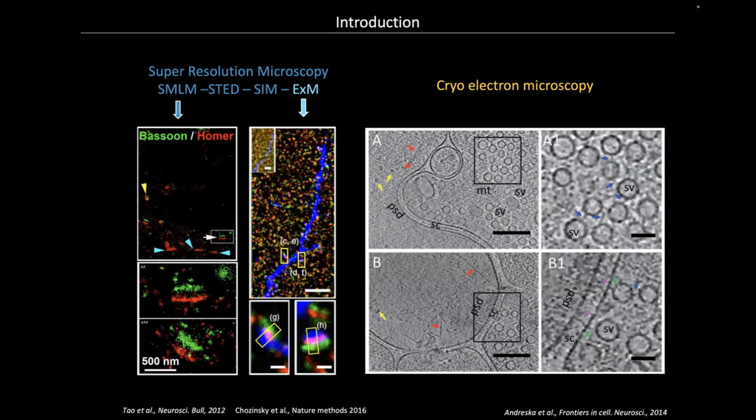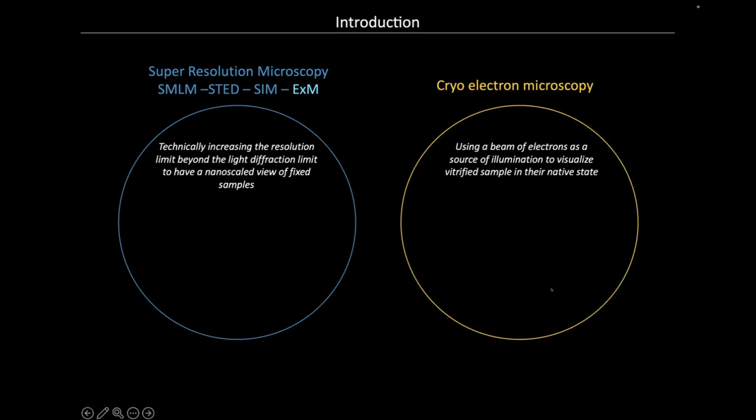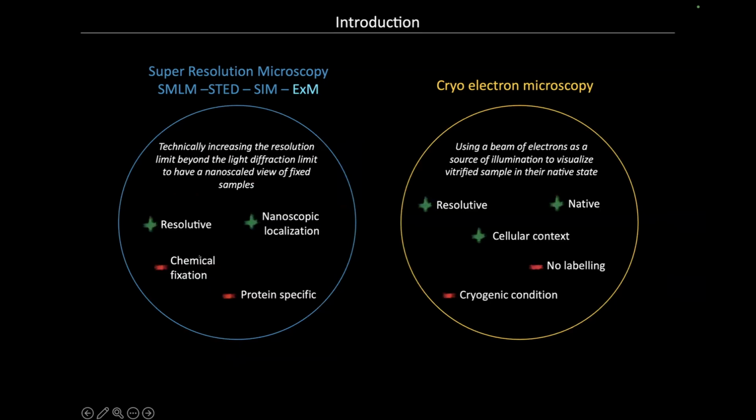further improved. Prior to that, when using chemical fixation, it was disturbing some of the structures, notably the membranes, and that's why cryo-electron microscopy has been developed a couple of years ago. So electron microscopy is using a different source of energy to illuminate the sample, here the electron. And if we list the pros and the cons of both of these techniques, here you can see